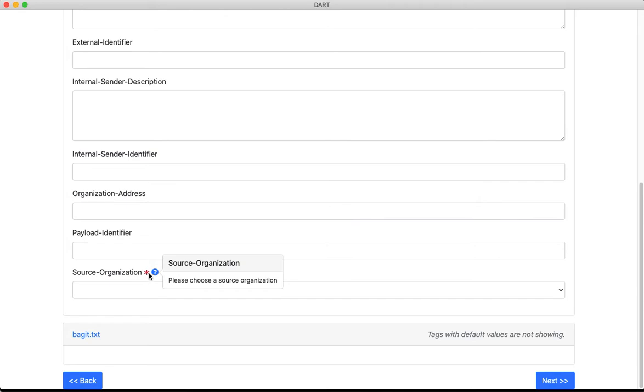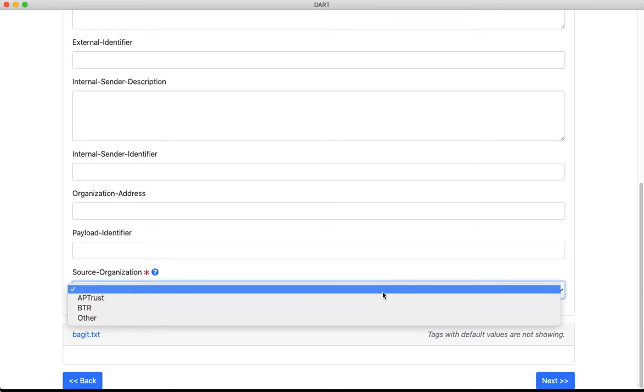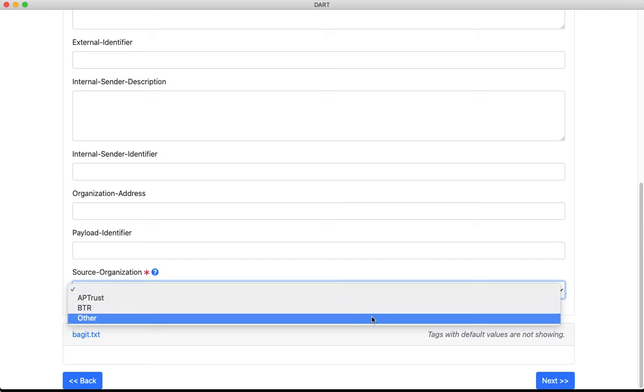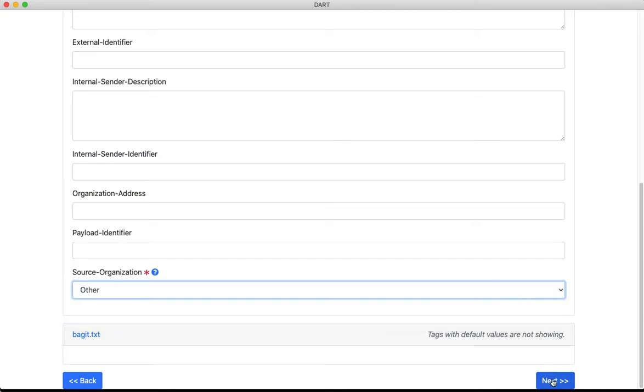Source organization is required. If you remember, when we customized that tag, we typed in the help field, please choose a source organization. So that help field can help your users figure out what to enter. Okay, so for source organization, we'll just choose other.